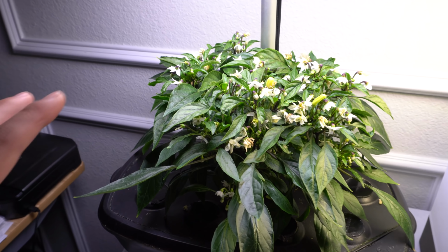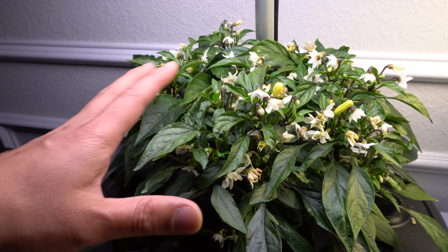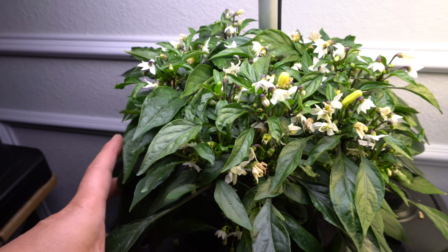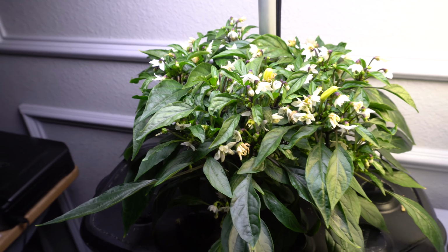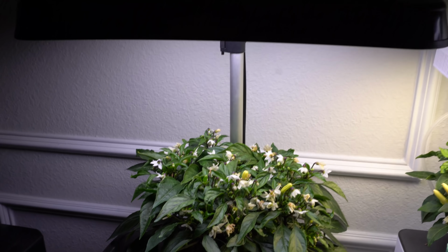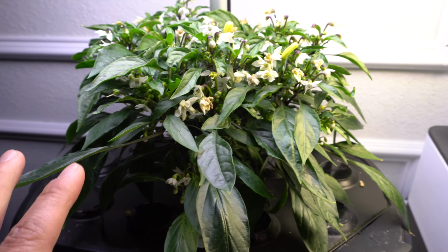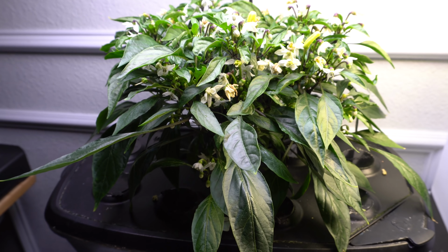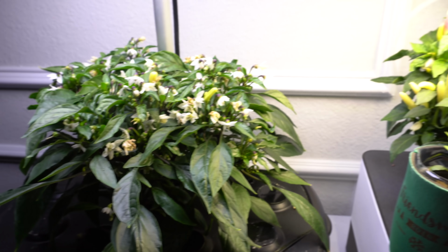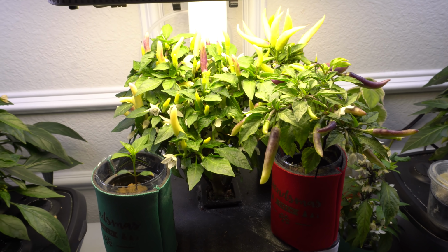And the reason it's short like that is because I did trimming in the beginning to keep it nice and compact and small, and that is how I keep the plant so that it's more manageable in the system and easy to maintain. And also, when the plant is not too crazy big, they don't drink very much, so I mix everything by the gallon and I feed them as I go. So every few days I'll just give a little bit and